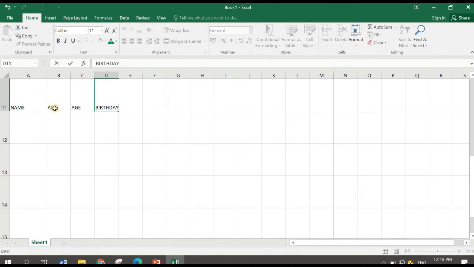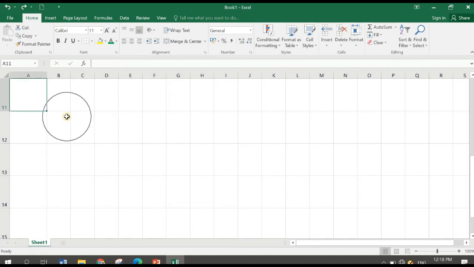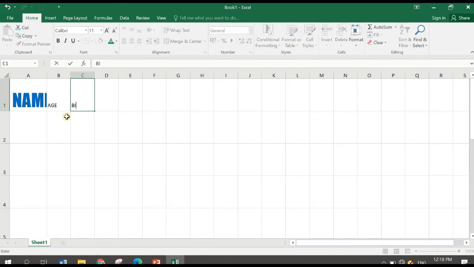And then, bubuhayin natin si age. Tapos, ilalagay natin yung i-add nating, for example, is address. So, ganun ba ang gagawin natin? No, hindi ganun dapat. Okay, so, we do have the proper way in inserting column or row in a cell. Okay, for example, okay, name, age, birthday, and then places the mouse pointer on the cell where